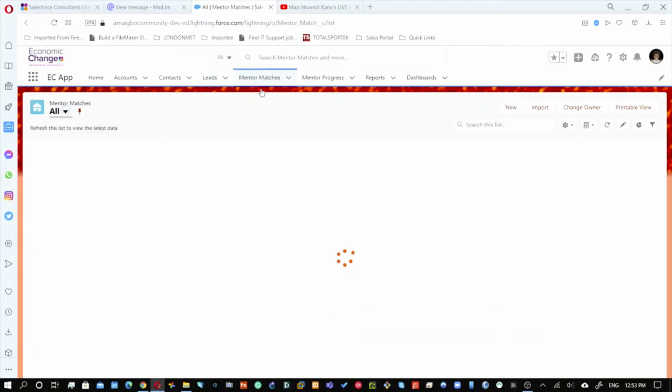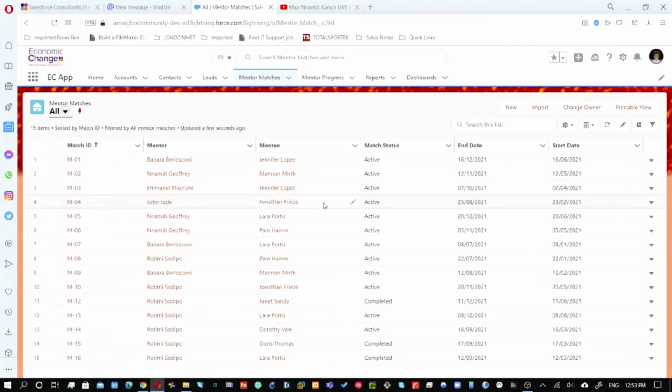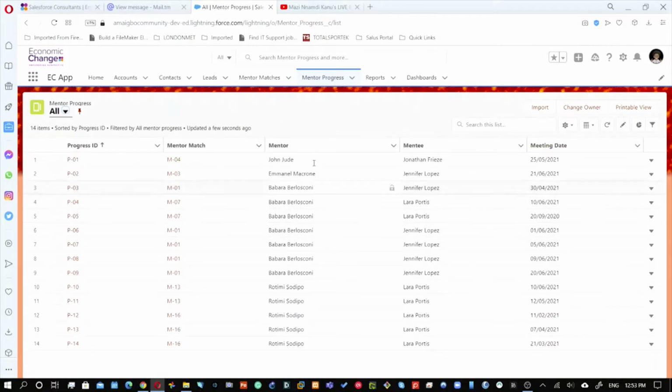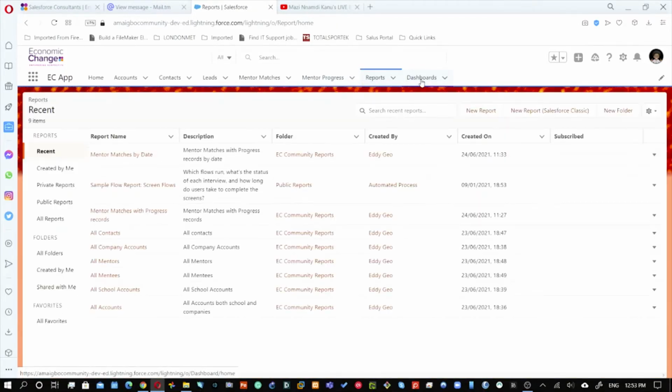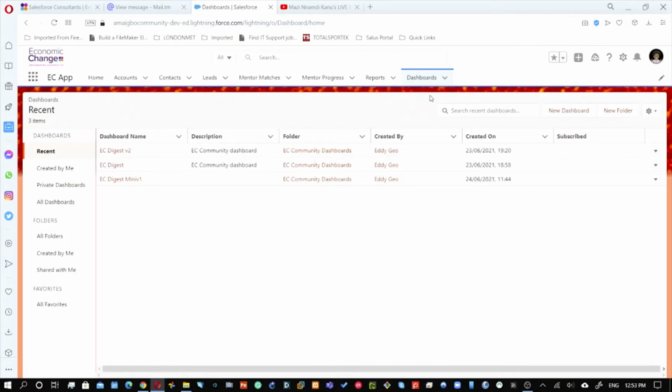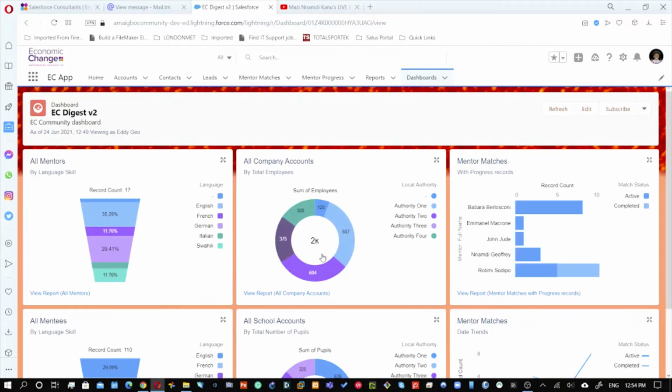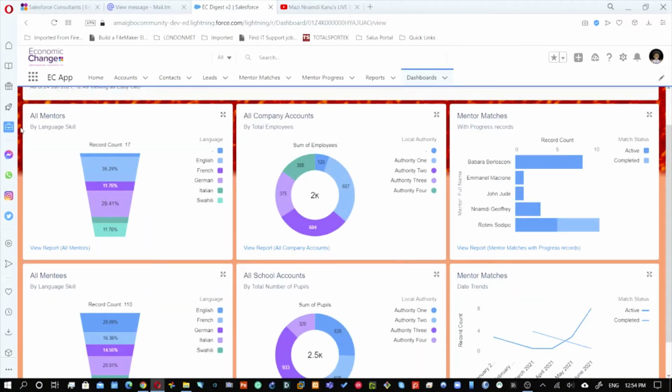Then we have done some mentor matches as well, and I'm going to be demonstrating how mentor matching works, the mentor progress records, we have our reports, and we have our dashboard. So this is our dashboard. Let me just go to here to show this exclusive dashboard. On this dashboard you can see all the mentors